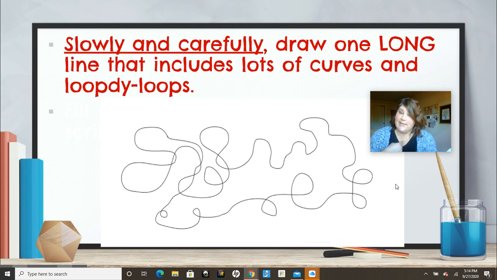If you were in my class right now, I would not let you use two pieces of paper. We always take our mistakes and turn them into something. So it's up to you. You're at home, and I cannot control how many pieces of paper you're using. But I would challenge you to try to get it right the first time. And you can if you draw slowly and